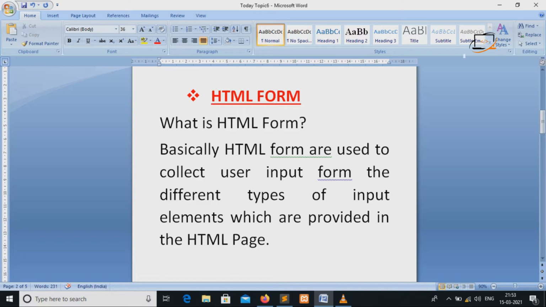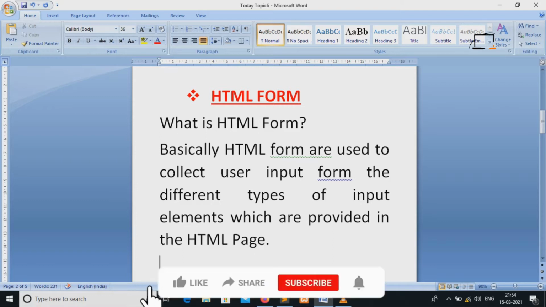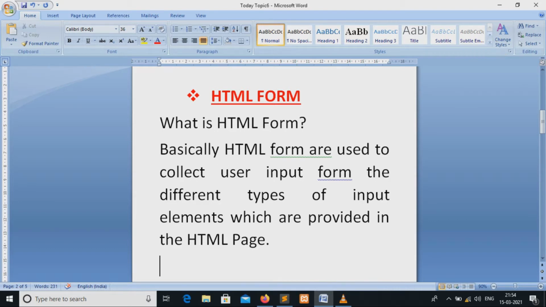Many types of elements are used in the form element. Whenever we perform an action on the form, that is, when we submit the form, all the data is collected and saved in the database. All data provided by the user is collected from the HTML page.